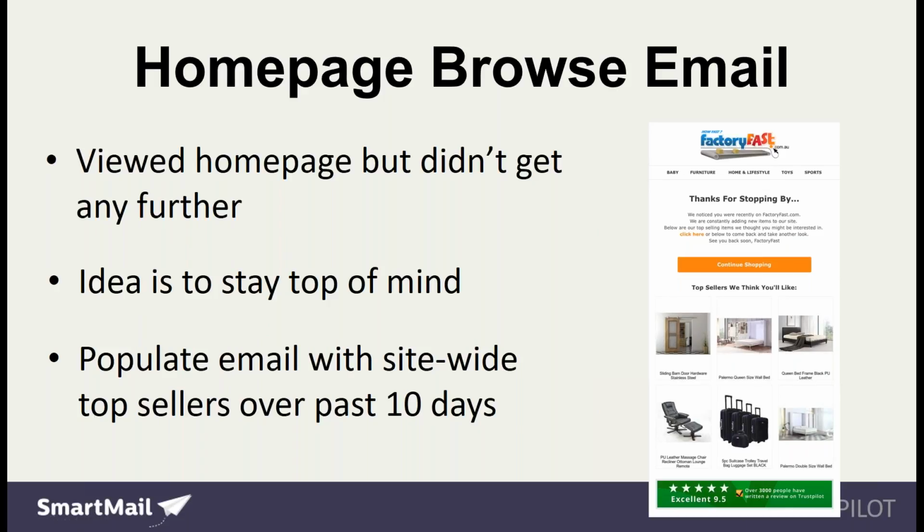So, everybody's probably familiar with a ton of people hitting the homepage and leaving really quickly. It's definitely something that we notice across the board. It's a common instance, people just bouncing very quickly. So what we tried doing a while ago is, how can we engage these people and re-message them and send them something that might be meaningful or interesting for them in relation to very little purchase intent, very little interest in your website. And so what we started doing a while ago with some companies that we worked with is that anybody who viewed the homepage but didn't actually get any further, so that's really the automation rule that triggers this type of campaign,